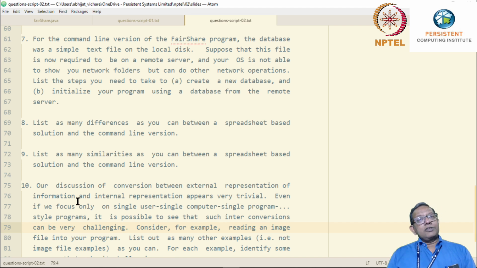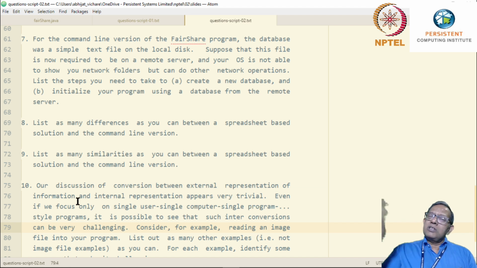For the command line version of this program, the database was a simple text file on the local disk. Suppose that this file is now required to be on a remote server. So it remains as a simple text file, except that it is not on the local disk but on some remote server.